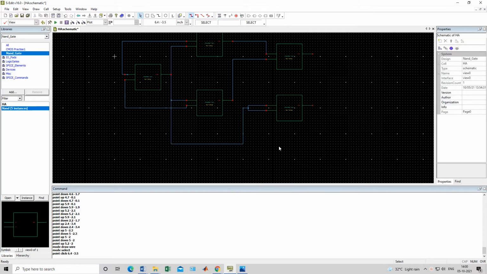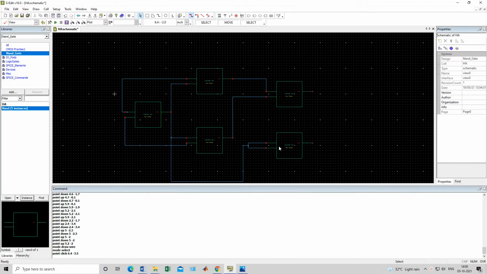Connection done, no problem till here. This is our half adder using NAND gate. Till here everything is all right.